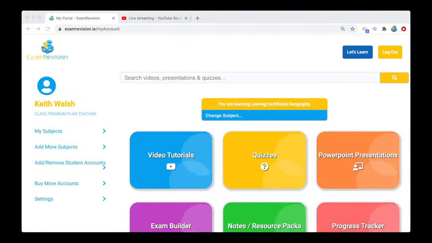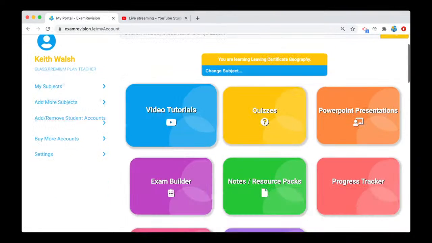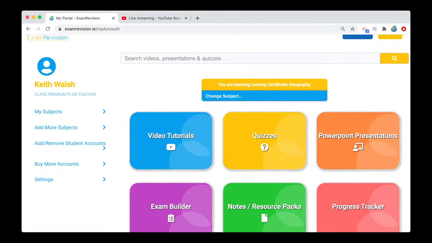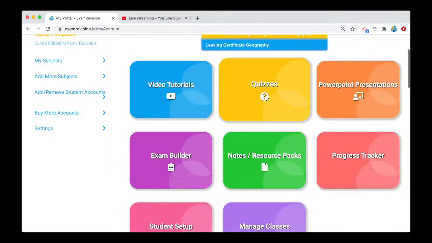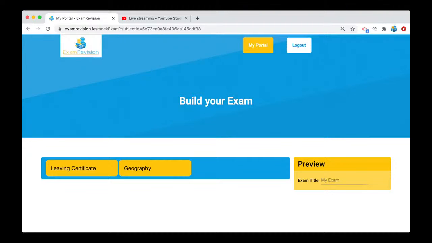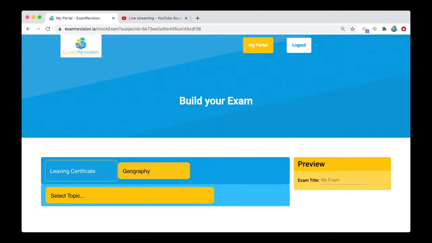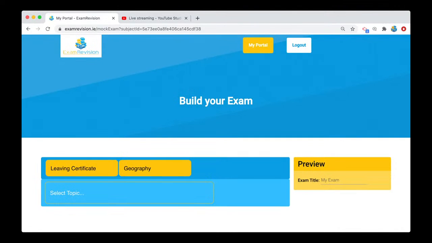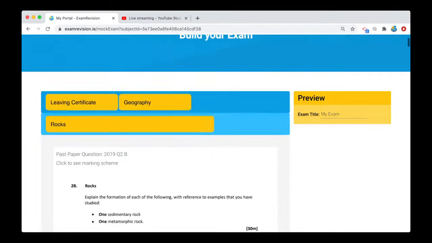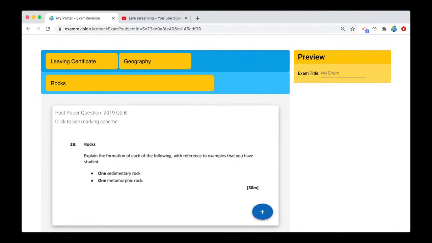So I'm just going to bring you into ExamRevision, and I'm going to show you. We can look at the past paper questions. If you change this, you can change this to Leaving Cert Geography. We go into our exam builder, our exam questions, and Leaving Cert Geography. I'm going to change it to rocks because that's what we're looking at. And we're going to look at how often the formation of rocks comes up on the Leaving Certificate exam